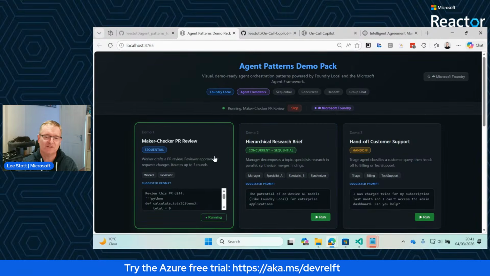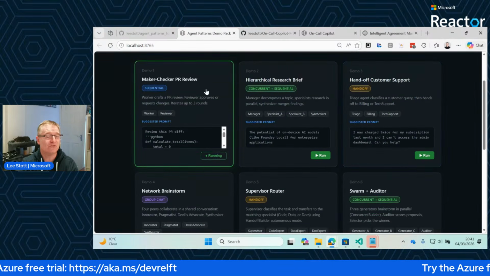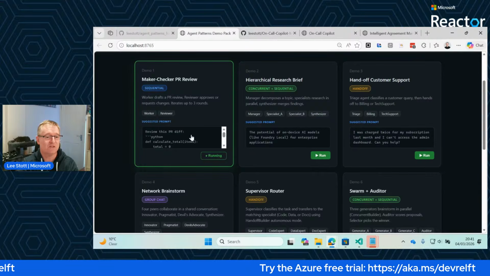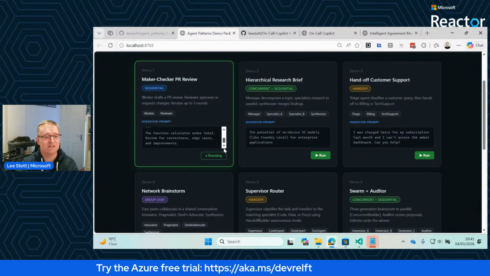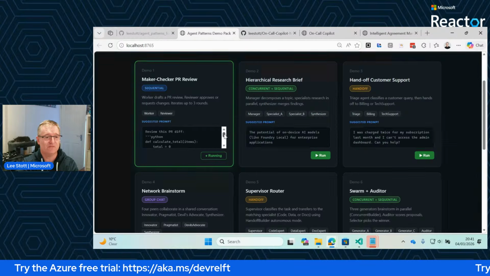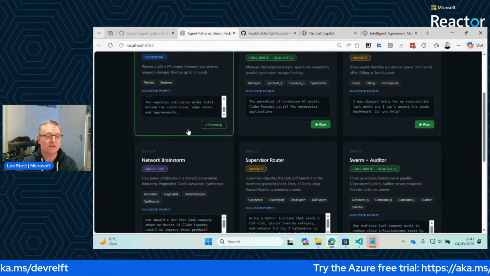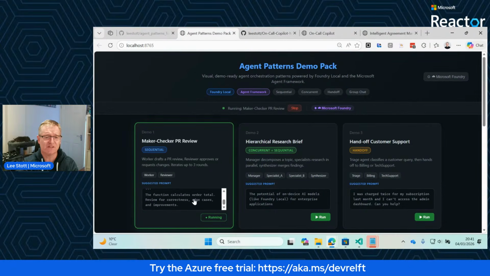And what I've done is created a number of different demos which take you through each of those different patterns. And again, there's a prompt which can be used, or you can add your own prompt, which literally says what we want this to do. So this is a sequential one, a PR review. It's looking at a PR in terms of a GitHub repo,